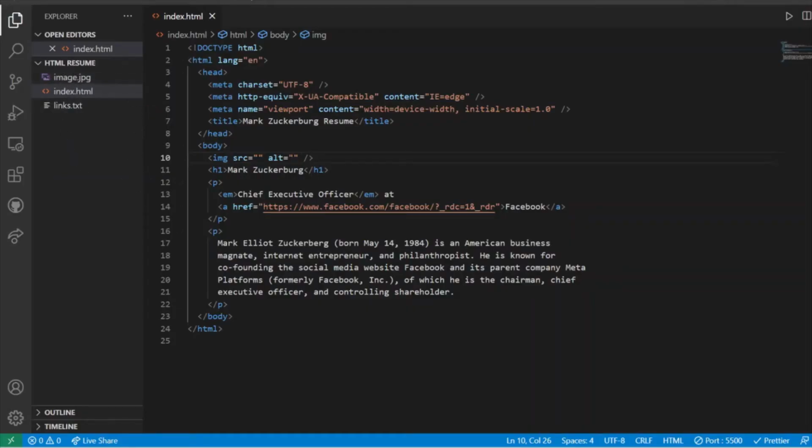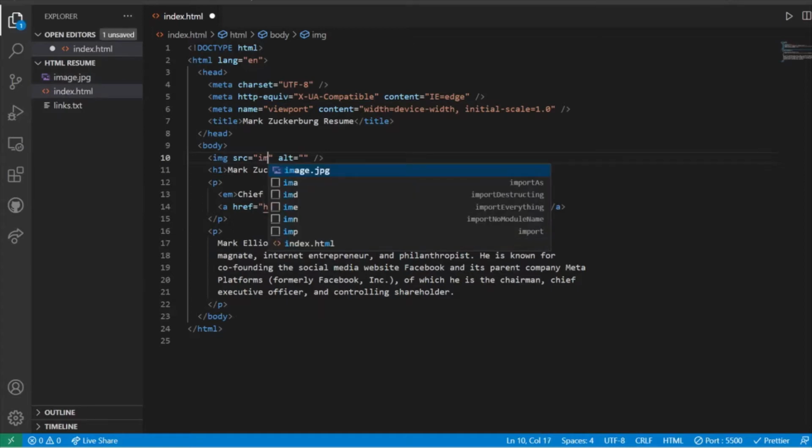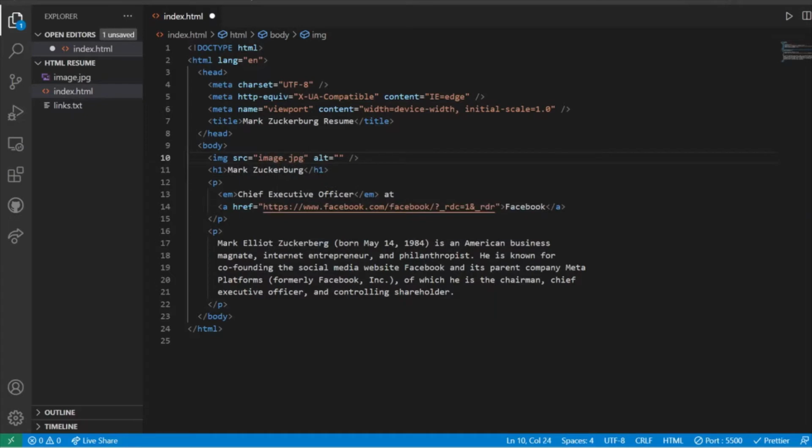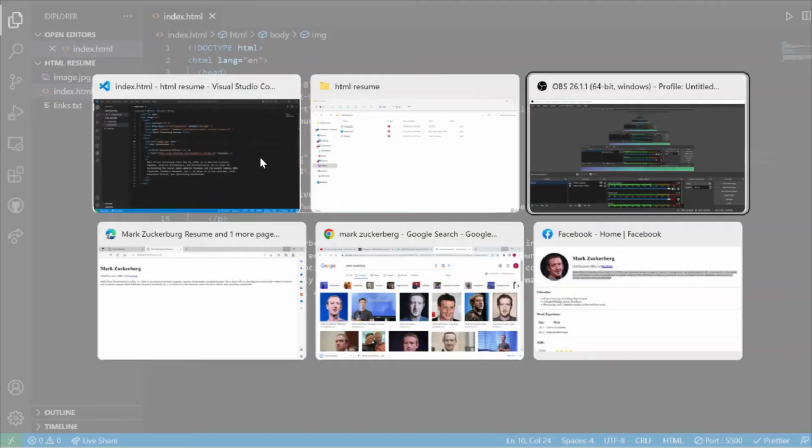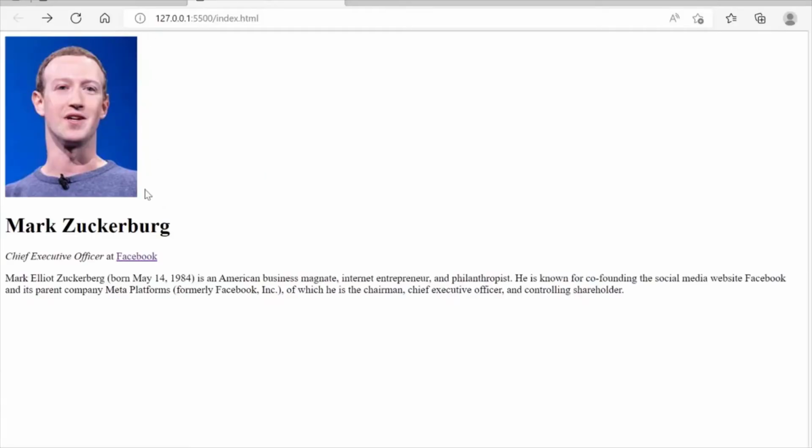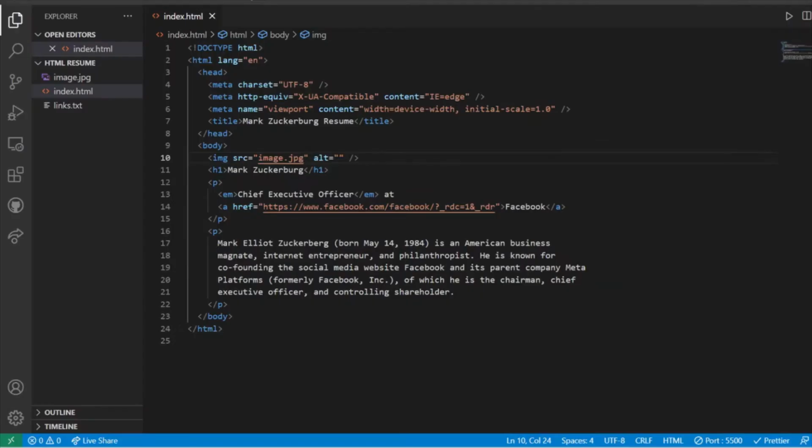Under the source attribute, I am going to give the name of that image.jpg, right? And now I am going to hit save, and let's see if that image is visible on our screen. You can see the image is now visible. Now before moving ahead, there is something called the alt attribute. Let's see that now. I am going to enter some text in between. I am going to insert: this is an image.